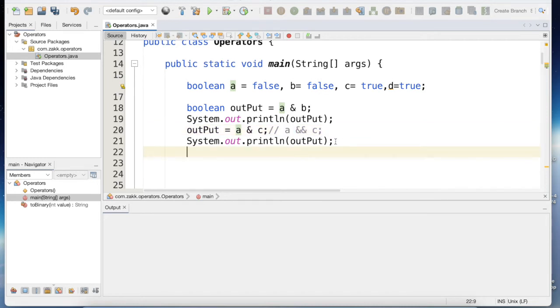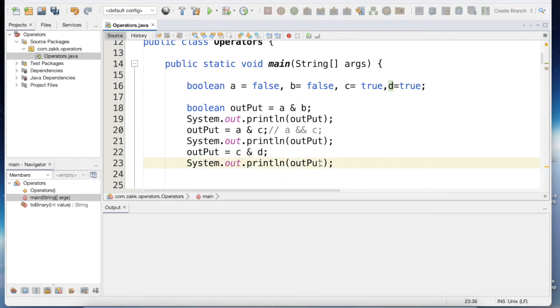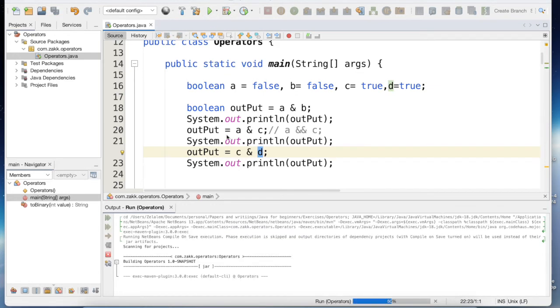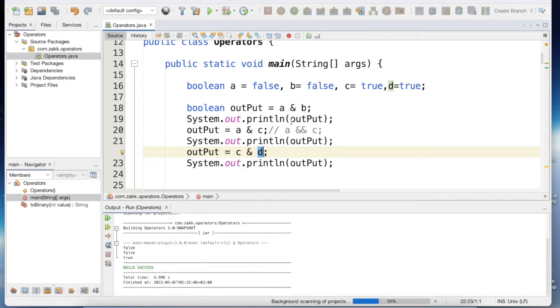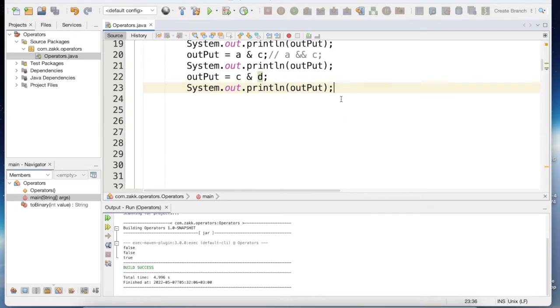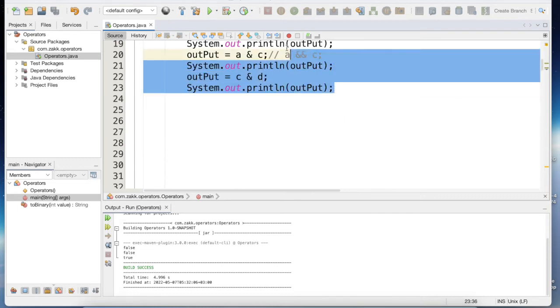Okay, so if we take C and D, we will get the output of evaluating true and true, which will be true. So let's run this one and see the three outputs. Okay, so false and false is false, false and true is false, true and true is true. Likewise, we can see the output of evaluating